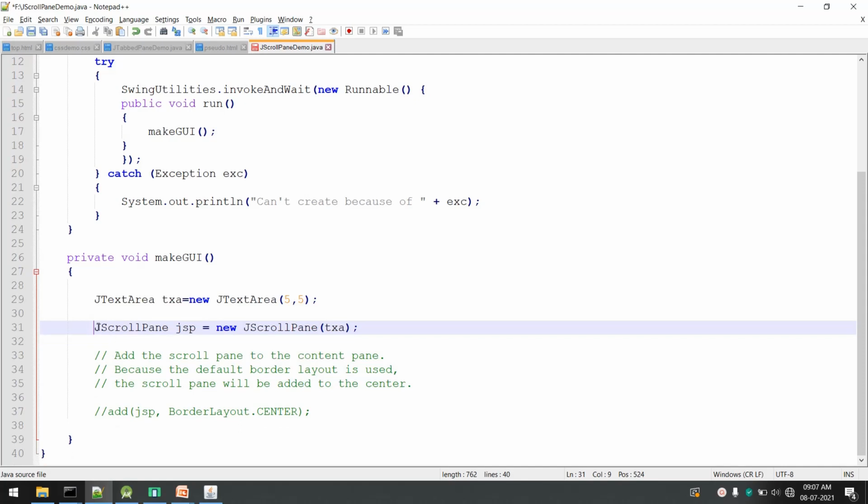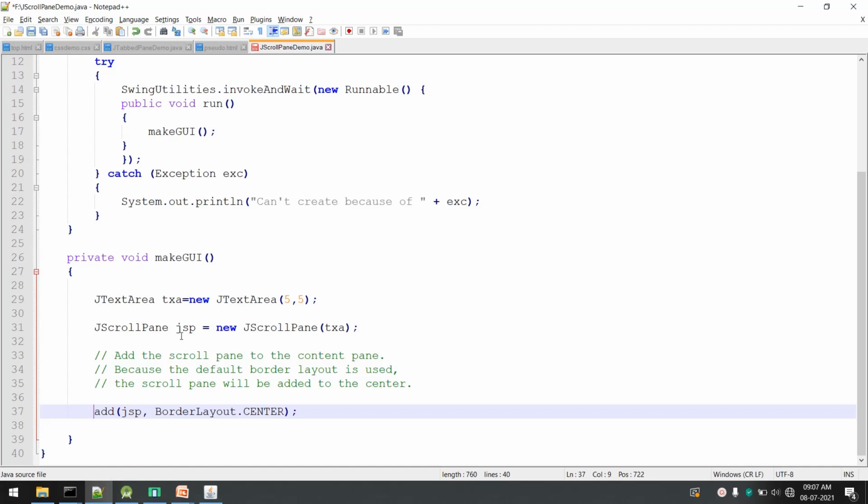So a JScrollPane can be created like this: JScrollPane object name equals new JScrollPane, and to JScrollPane we have to pass the text area which we have created. Now txa is passed to this, and once you pass the text area to JScrollPane, it will automatically add the scroll bars to the JTextArea.